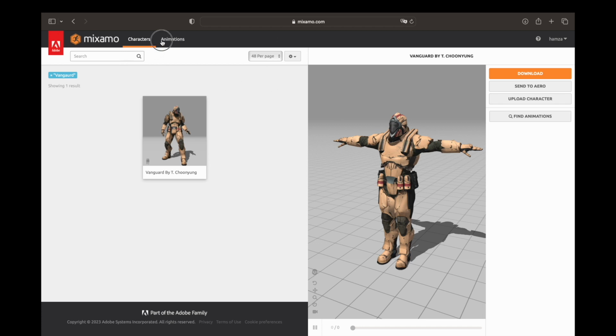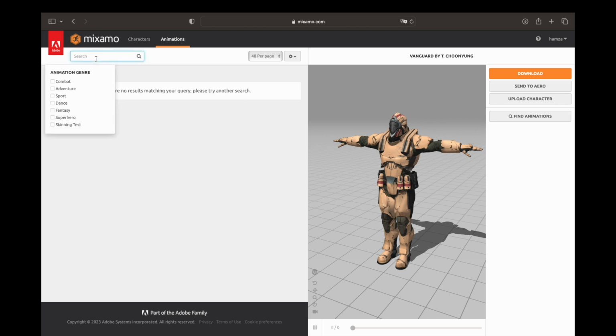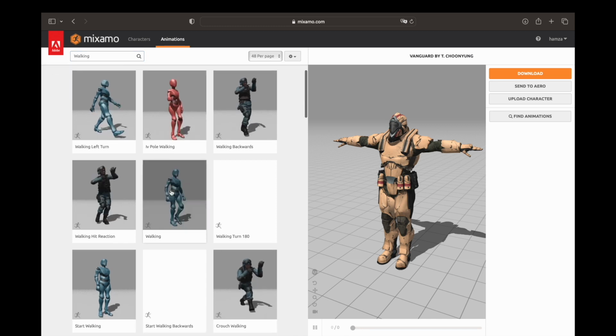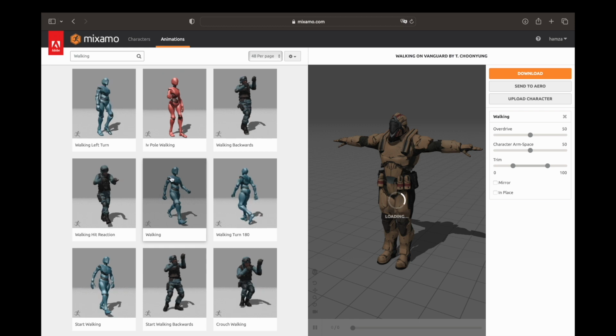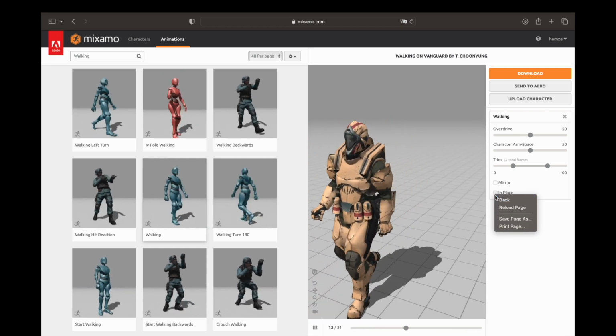Let's change it from characters to animations, and close this Vanguard search and select search for walking. We can already see a lot of walking animations here. This is the one I'm going with, walking on Vanguard by Tito Chunyan. We can select in place,